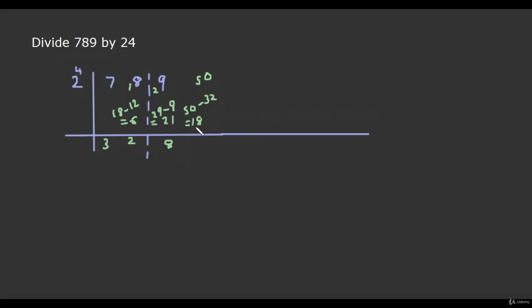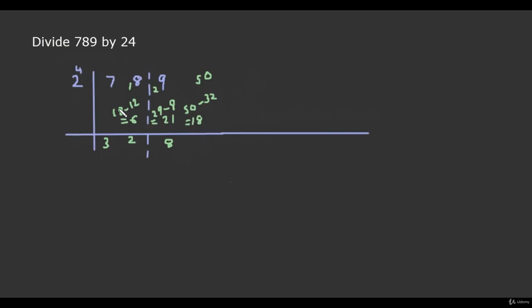Now if 2 divides 18 9 times, then the remainder is 0. But from 0 we cannot subtract the product of 4 and 9, that is 36. So 2 cannot divide 18 9 times. So 2 divides 18 8 times. If 2 divides 18 8 times, then we get the remainder 2. But from 20 we are not able to subtract the product of the flag digit and 8, that is 32. So 2 cannot divide 18 8 times also. So 2 will divide 18 7 times.